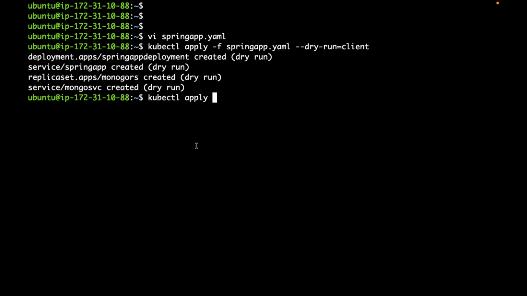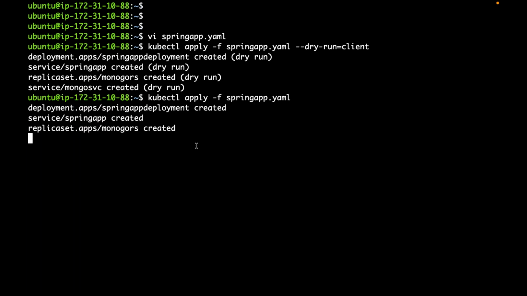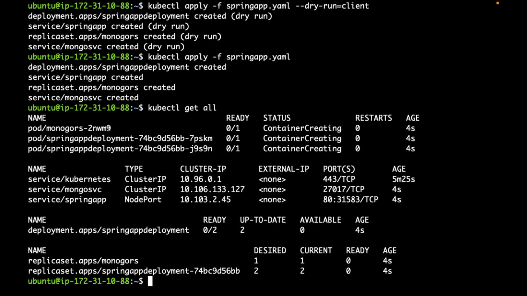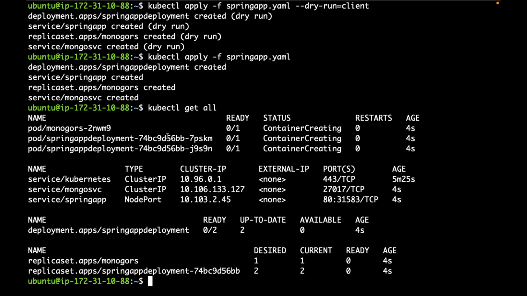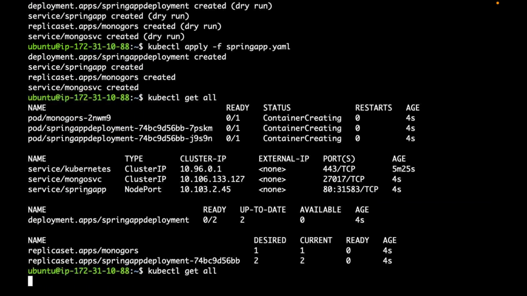Now let me apply this. If you see, are my application pods getting created? Is my database pod coming up? Do we have services for that application?